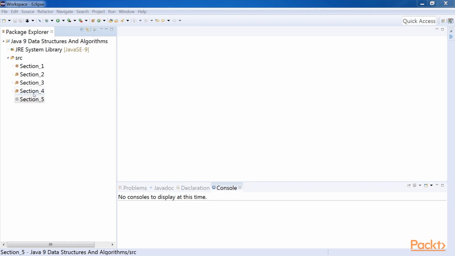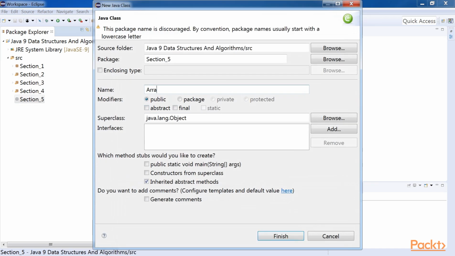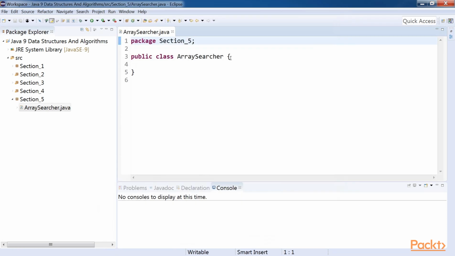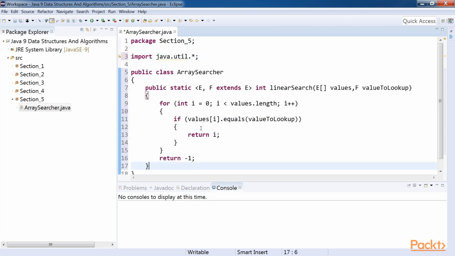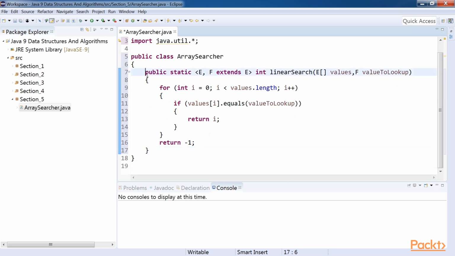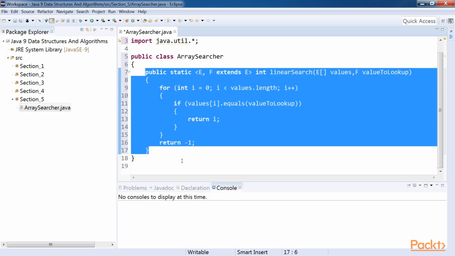Create a class with the name ArraySearcher. Now we will import util package. We will implement linear search. Well, it seems that the natural way is to go through each element one by one and check whether they match the given value. If any one does, we have found the element and we can return the index. If not, we can return -1 at the end of processing all the elements to report that such an element